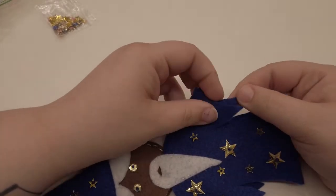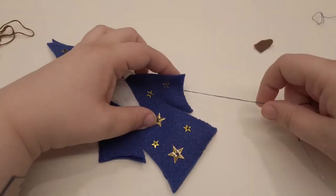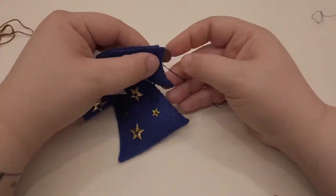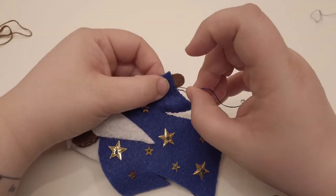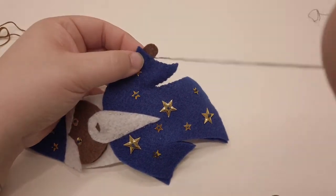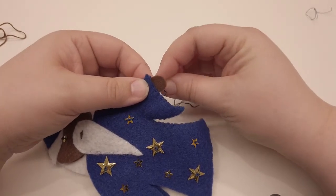I'm going to stop and come back when I've got to here, and I'm going to show you how to sew the hands in. I've got the wizard sleeve sewn up to halfway over here, and now I'm going to tuck in one of the hand pieces, like so. And I'm just simply going to sew around and through, like this. I'm going to come through in the blue, come up, pull it all the way out, go just above it, through the hand, hold tight, come a little farther over,